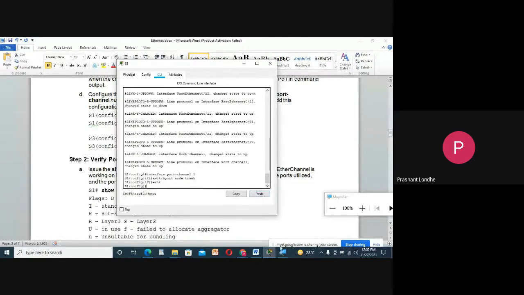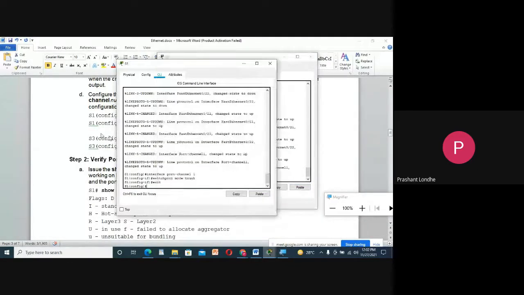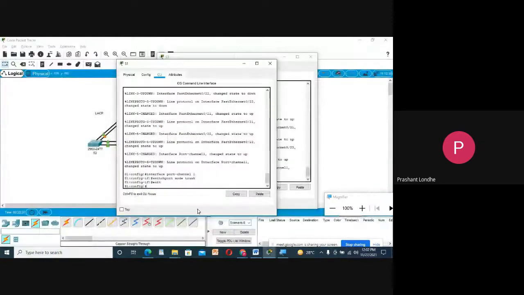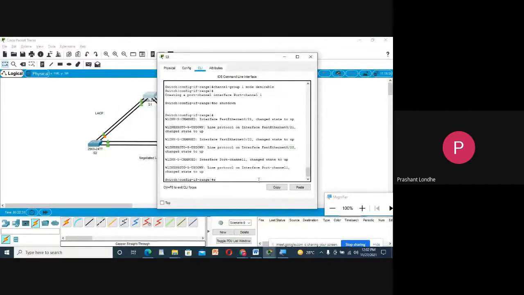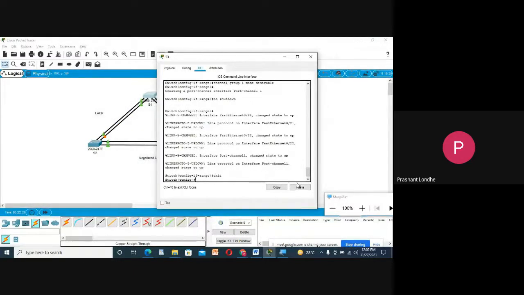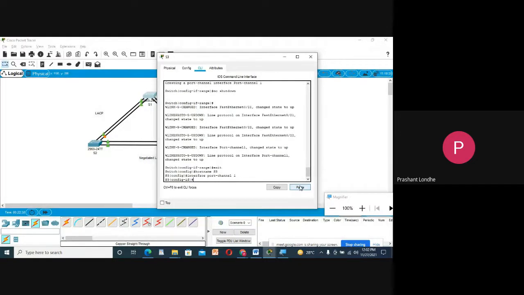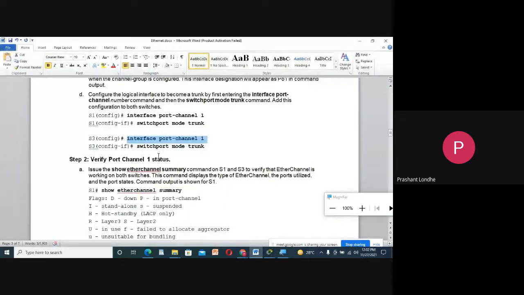Exit. Similarly, do the same thing for S3: interface port-channel 1, and just copy the second line, switchport mode trunk.